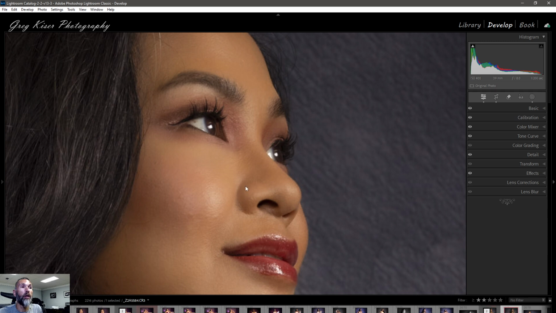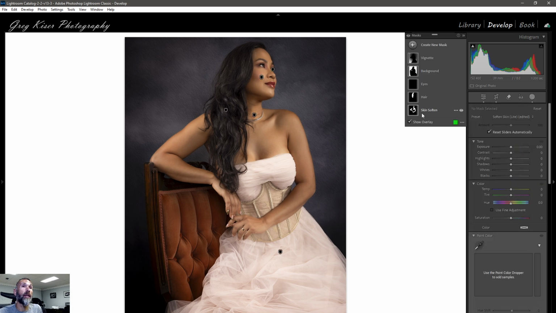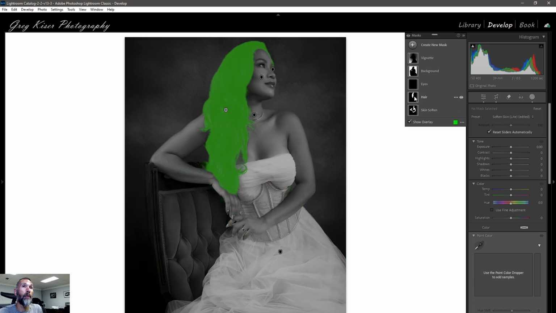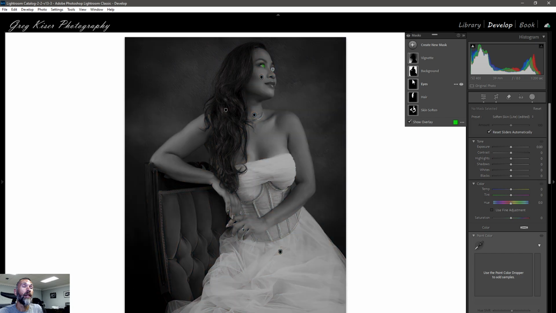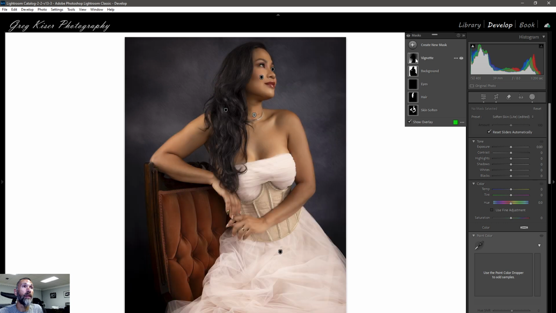And let's go ahead and zoom out of this. This one has a little bit less complexity to it. There's not as much set. We have a chair here. So let's go in and look. These are all the masks that I had to do. Nothing major. We've talked about skin softening, so I did that effect there, gave a little pop to the hair, just came in, worked the eyes just a little bit, made a background, and then added a little bit of a vignette. That's all I had to do with this picture,